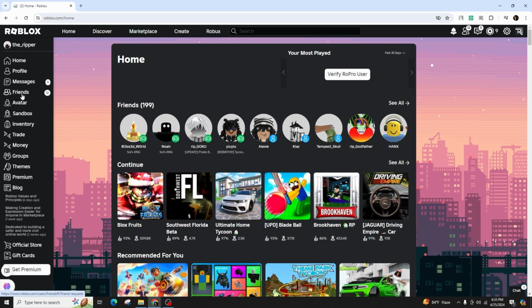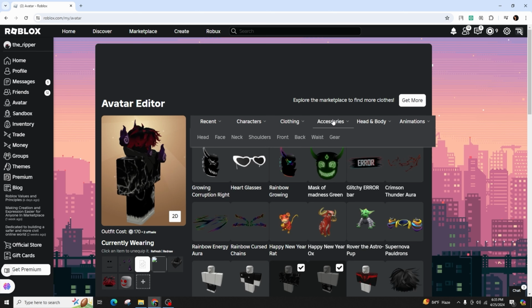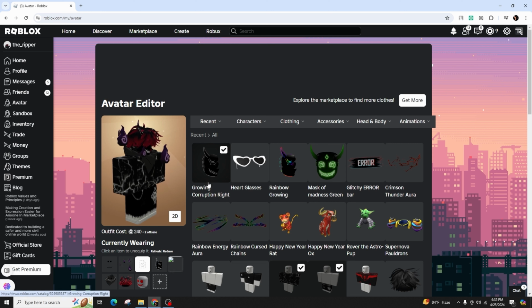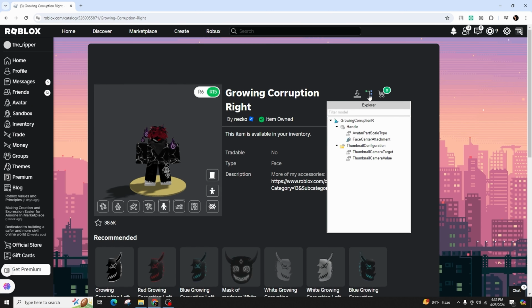To view these items, go to your profile or the account page and click on three dots. Select favorites from the drop-down menu to see them. Initially, you will see the places or the experiences, but you can also switch to categories like hair, heads,